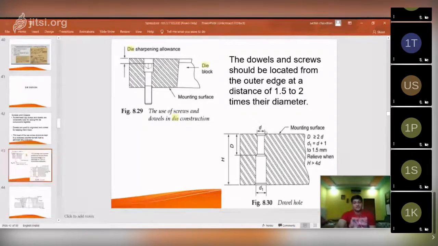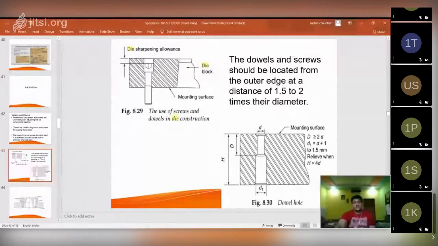So this is a screw arrangement in figure 8.9, and a dowel hole is given in figure 8.30 C. This is a dowel hole wherein your dowel gets fitted. This is a mounting surface, this is a dowel. See the dimension of the dowel. The first counterbore depth is D, which should be greater than the diameter, small d.